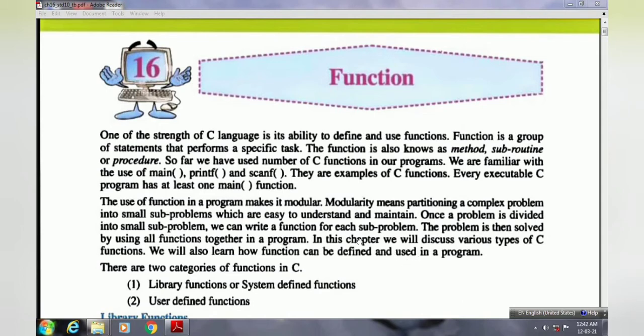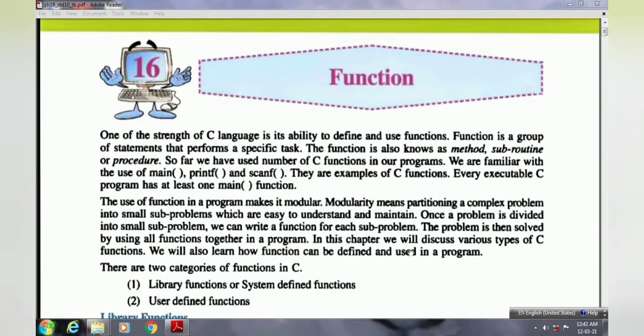Like this we will divide our complex problem into sub problems, and for each sub problem we will define one new user defined function. Like this we can make our program modular. The problem is then solved by using all functions together in a program.